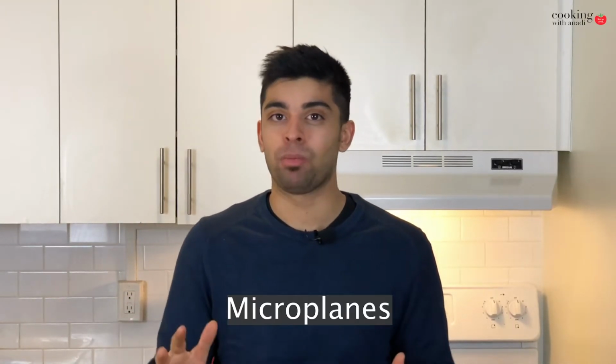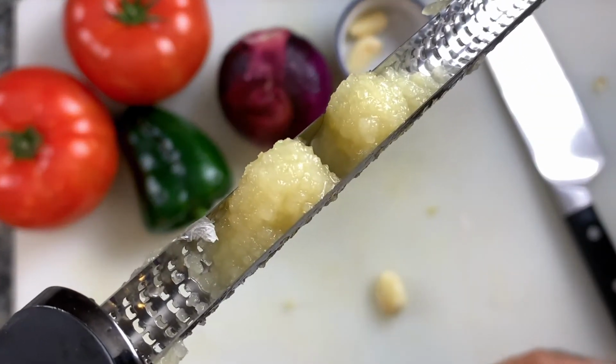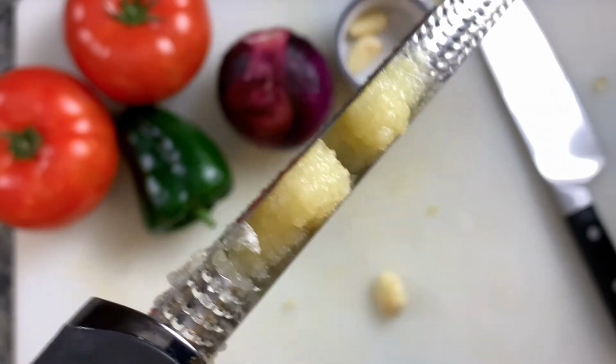Now finally, I want to talk to you about microplanes. Microplanes are awesome. I have these two at the moment, and they have completely different uses. Now before this, I used to use a box grater. Well, the box grater is great for something like grated cheese like cheddar or mozzarella or anything that's soft,